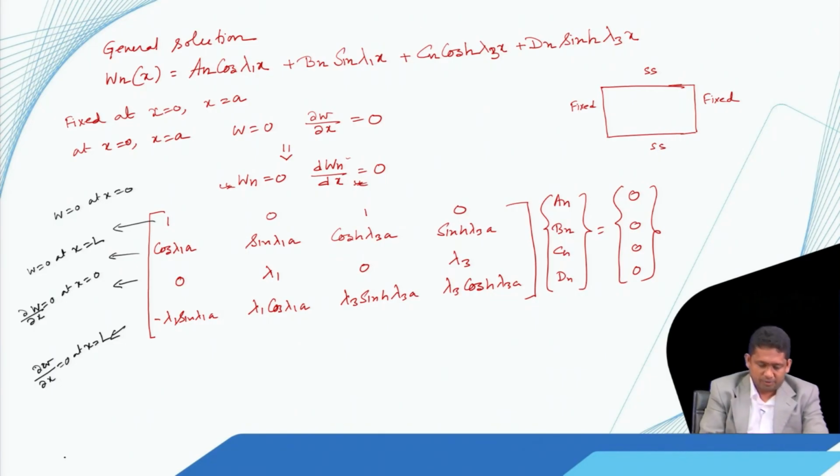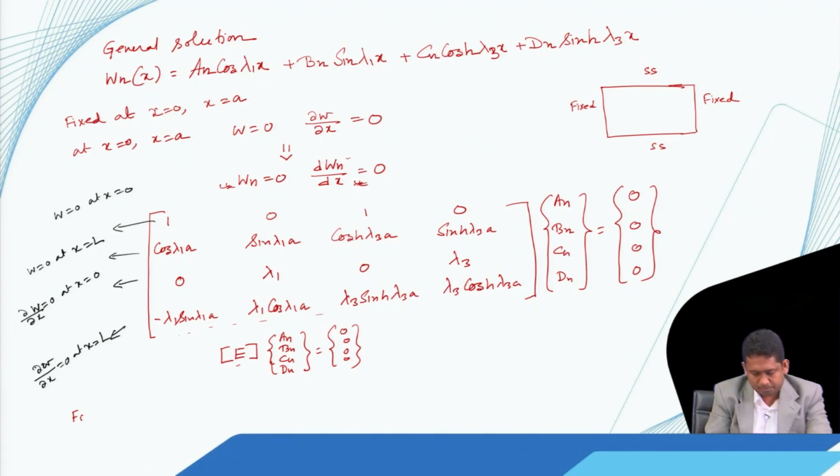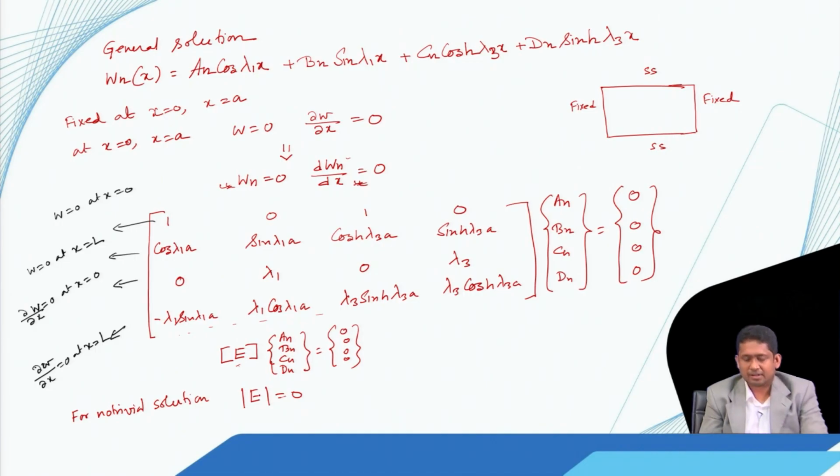Now we have these 4 equations, so let's call it E multiplied by An, Bn, Cn, Dn, and that's equal to 0. So we are calling this matrix as E. Now for a non-trivial solution, this determinant of E must be 0. So for a non-trivial solution, the determinant of E must be 0, and if I set it up,